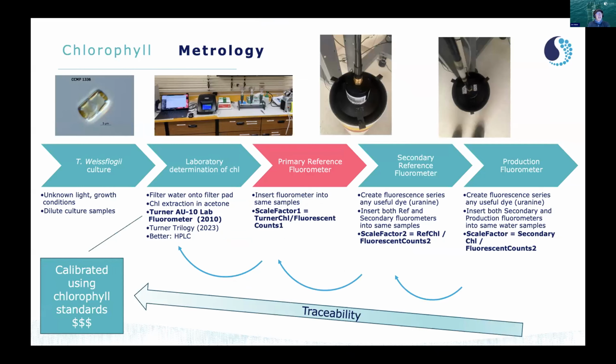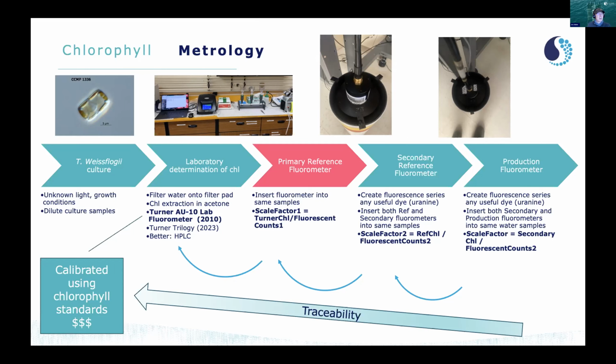So here's the main picture with respect to chlorophyll metrology. Chlorophyll metrology means essentially how do we trace when you take that scale factor and multiply it by some counts and you get a chlorophyll concentration, just like the ruler, how do you know you're getting the right number, that we haven't just started some really bizarre Monty Python skit here with respect to chlorophyll? Well, what happened was a long time ago when the ECO was first designed and first being vetted,